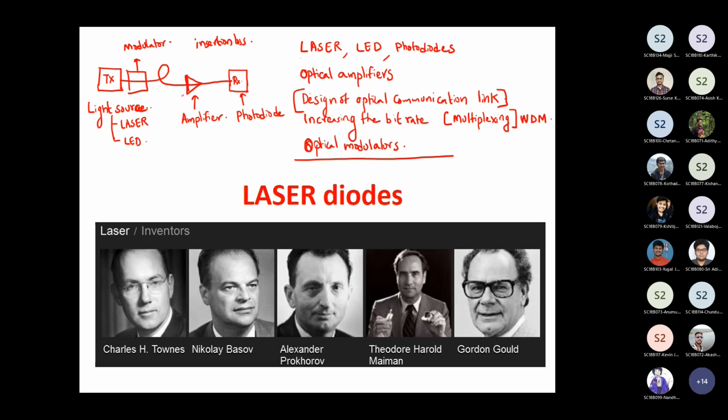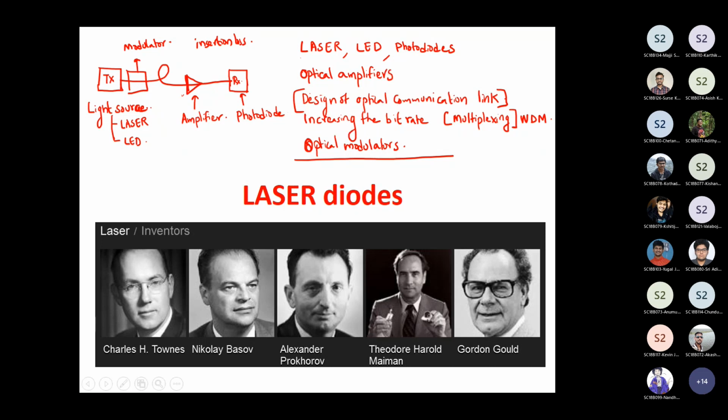So the loss that occurs because of inserting a device in a communication link is called insertion loss. When you are designing an optical communication link, you will have to consider all these losses, and make sure that by the time the signal reaches the receiver, the photodiode, it has sufficient power so that it can properly take a decision. That entire exercise is described as the design of an optical communication link, which we will see after we discuss all these devices.